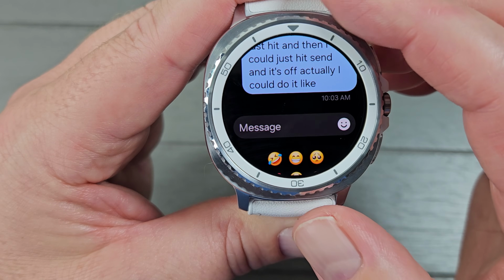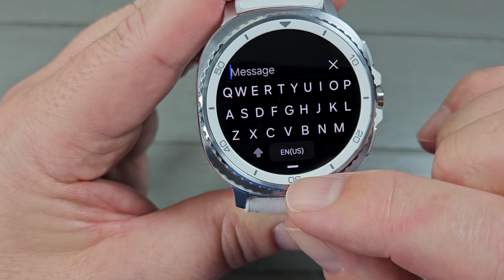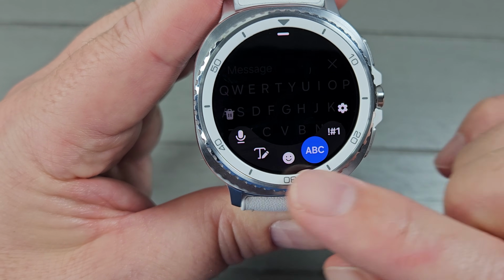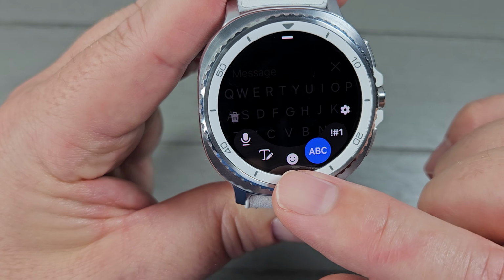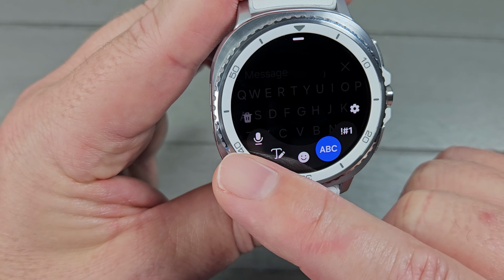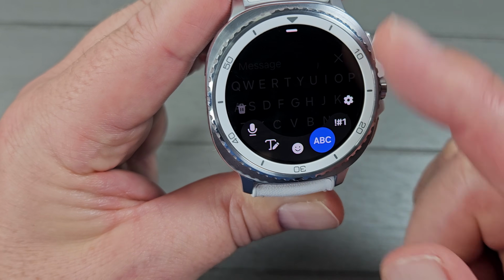If you just tap on this, okay, we've got our keyboard right there, right? But then if you see that little bar there, if you just swipe up, you get all of these options as well. So I've got my keyboard, I have my numbers right here, I have my emojis there. I could do the speech to text, which works very well. So basically tap this and just speak whatever you want, and it will translate it for you,